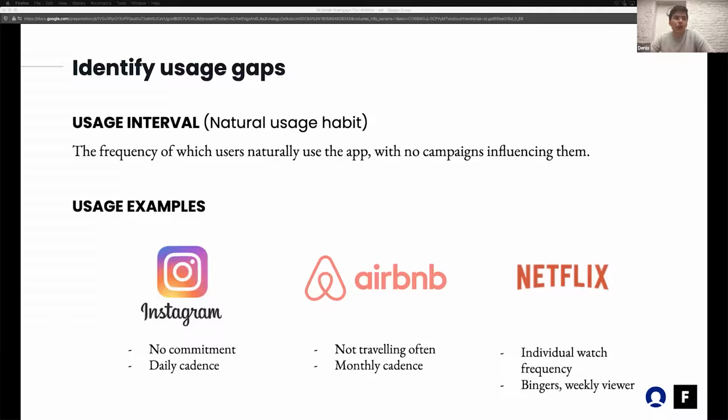So let's take three quick examples of high-level estimation, how a usage interval can look for different kinds of apps. For example, Instagram. Engaging with Instagram does not really take a lot of commitment. We can pretty easily assume that users use Instagram on a daily cadence, and you can also argue that people use Instagram much more often. So if we have a marketing strategy driving users to use the app every single day, I don't see a